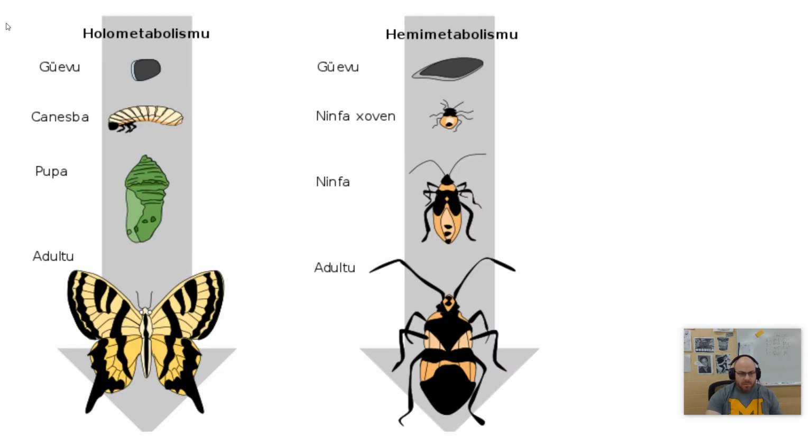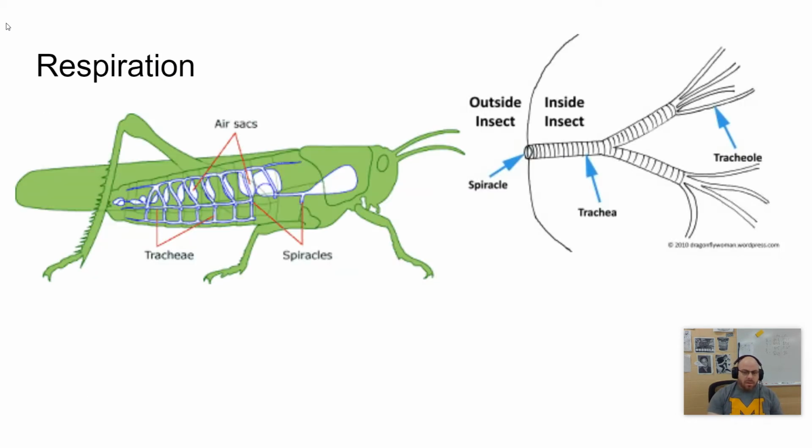Well-developed nervous system, I don't have any pictures of that at all. Well-developed nervous system with lots of sensory input. That's pretty much an insect's whole jam, is being able to detect sensory input from the outside. Depending on the type of insect, they're going to have very specialized